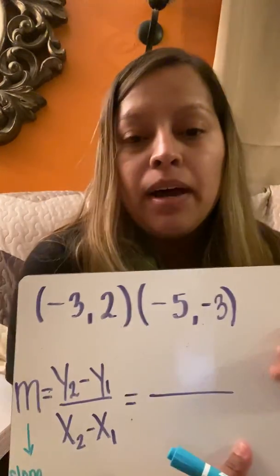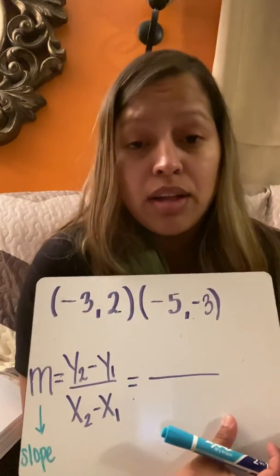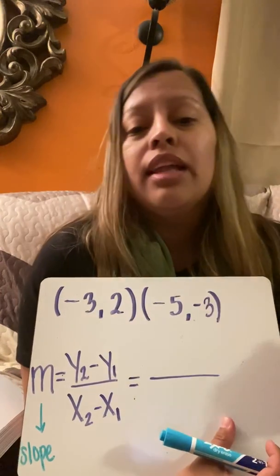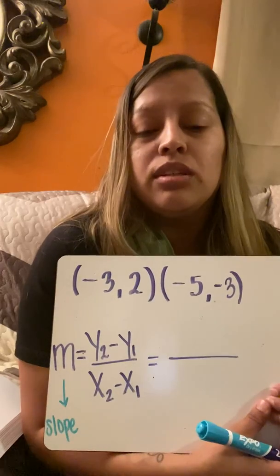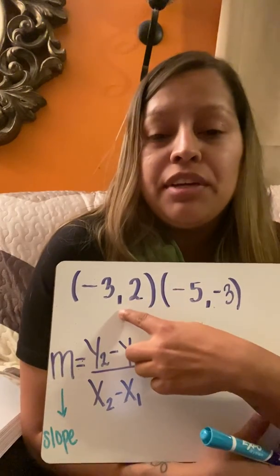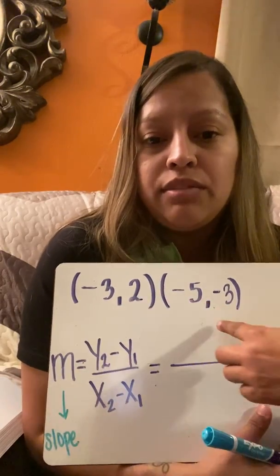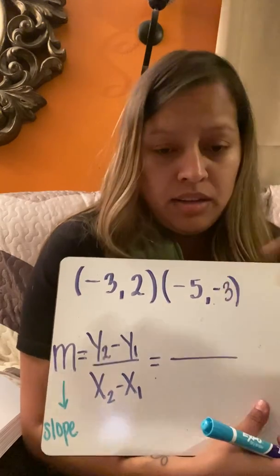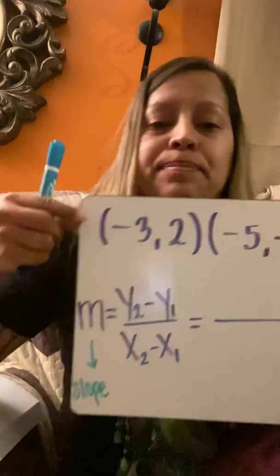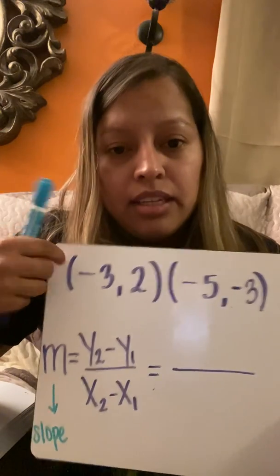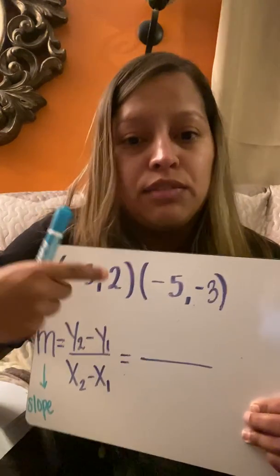All right, so let's get started. So your I can statement is I can determine the slope of a line given 2 points, more or less. All right, so my example here, you're given 2 points that fall on that line, on the graph. So you're given -3, comma 2, and you're given -5, comma -3. Now, this is your first set, and this is your second set, because this is the first point and the